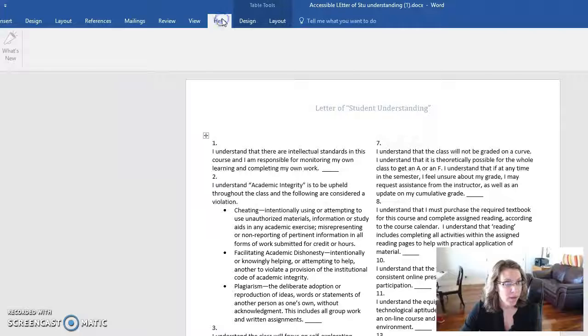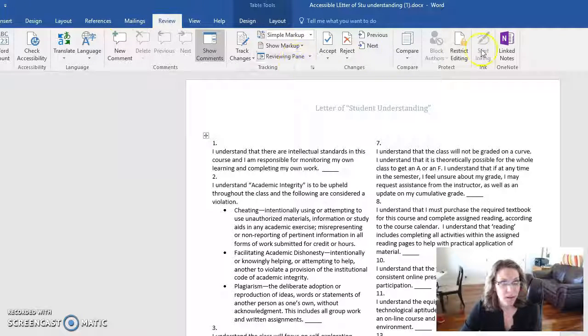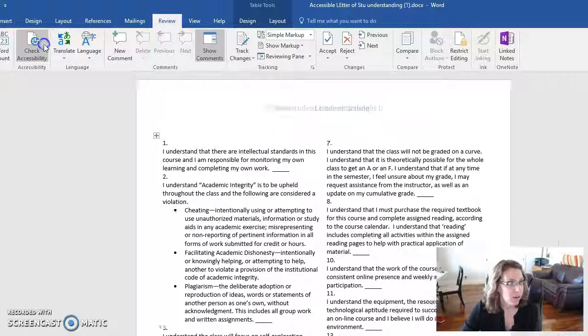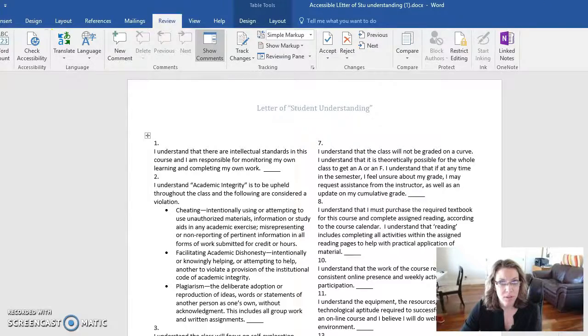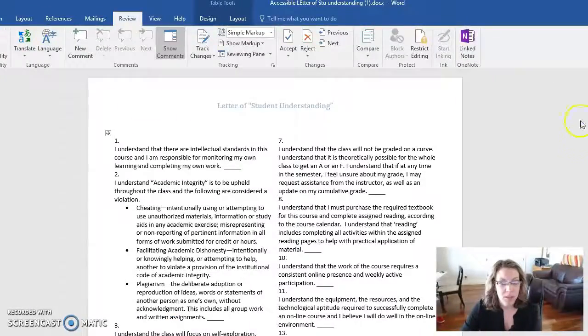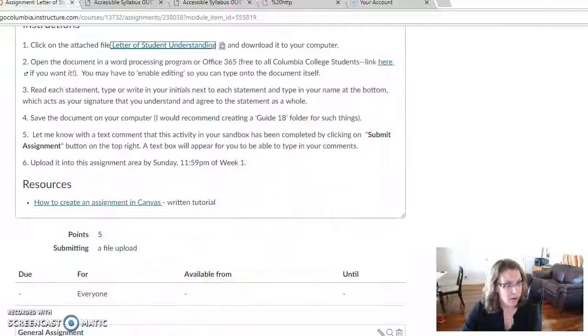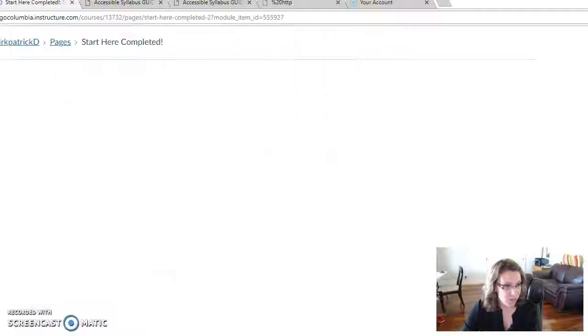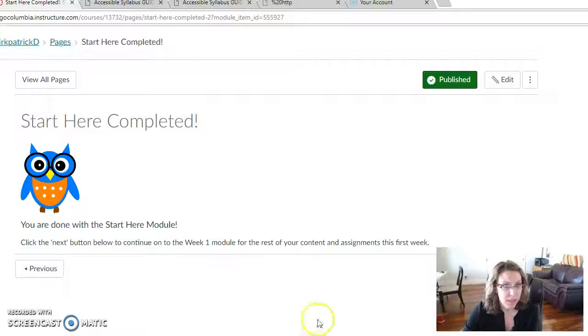And when I run the little checker, it tells me it's all good. There we go. So that was good. No accessibility issues found. And then again, just adding bullets and numbers to make things a little more clear for